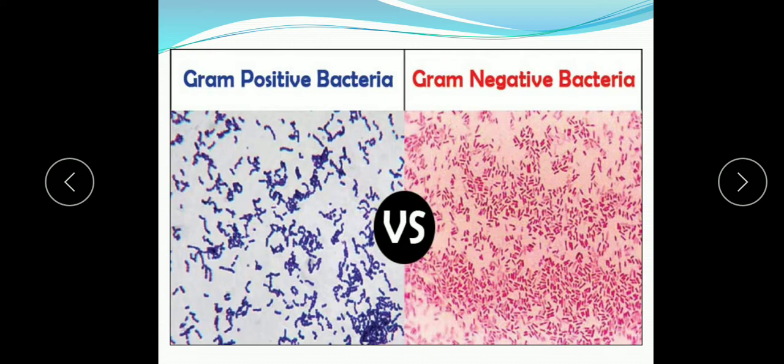First, prepare a smear of bacteria on the slide. Then add a few drops of crystal violet stain on the slide, so the bacteria will take the violet stain. And after 30 minutes rinse the slide with water. Then add iodine. So again the bacteria will take the deep violet or purple stain. Then after 20 seconds rinse the slide with water and then wash the slide with 90% ethanol. So we'll get either of the results here.